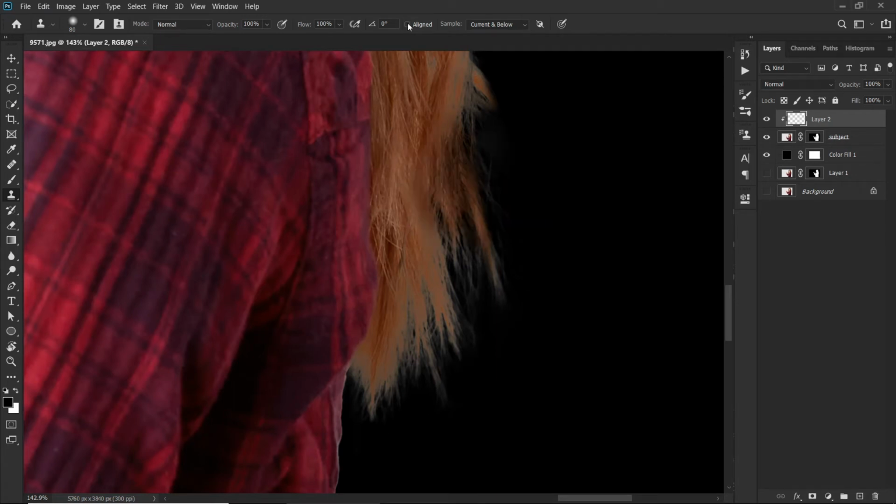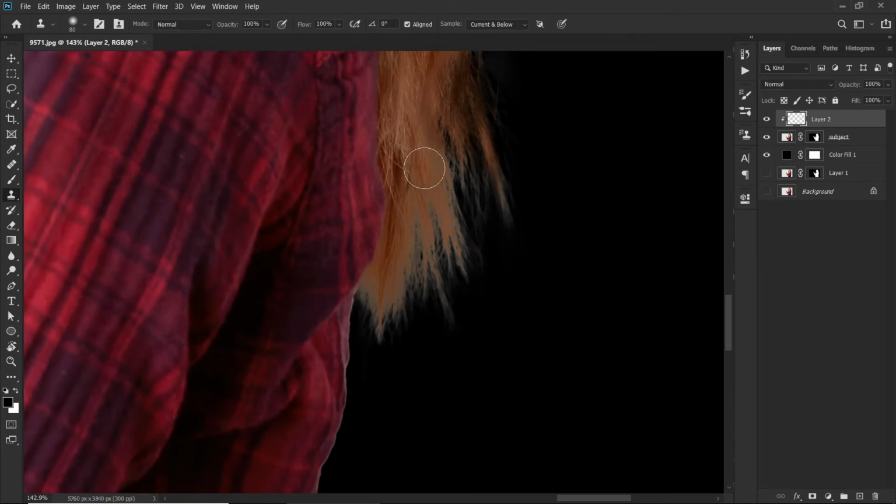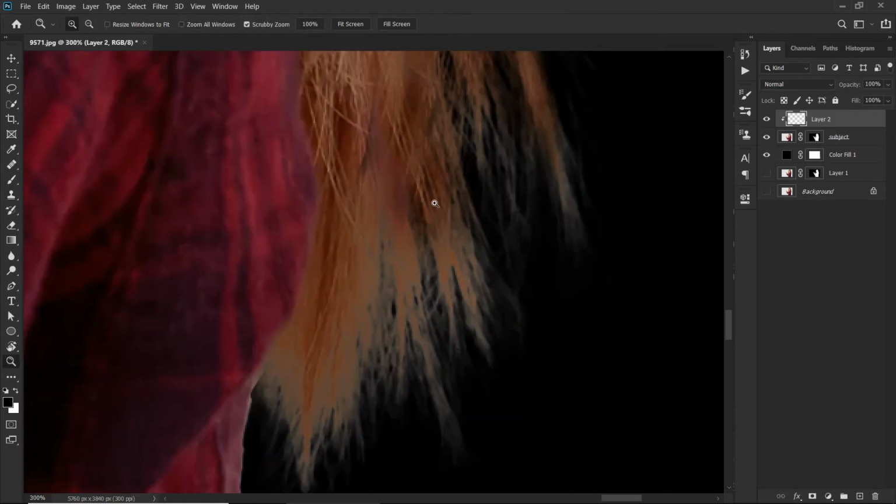Okay, you can check this align option so that as you move, your brush also moves. So let me just grab this sample of here, and let me just quickly add this, and okay. Now I'm going to take the sample from this side and simply patch it again. And if you don't want it to be aligned, simply just uncheck it, and we are going to take this sample from this area only. Okay, now see, there's a problem. We need to align our brush, we need to align our tool. See, it's going in this direction, but if I patch this, it will go in this direction.